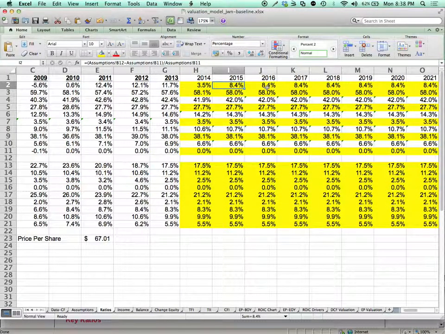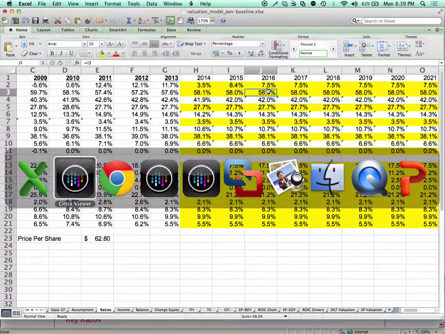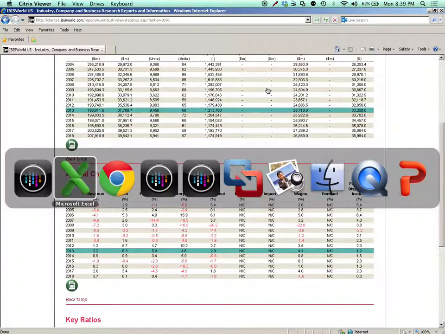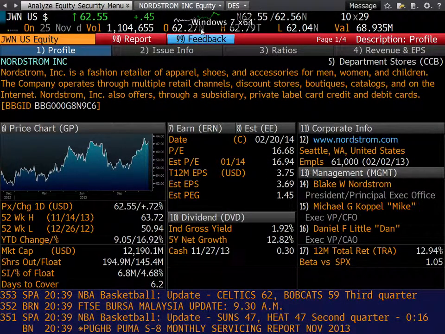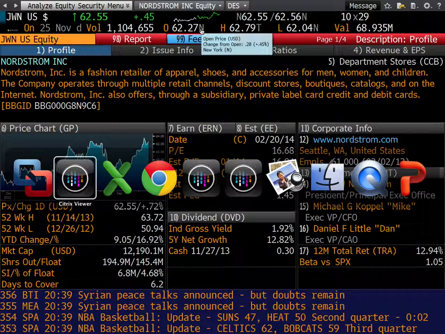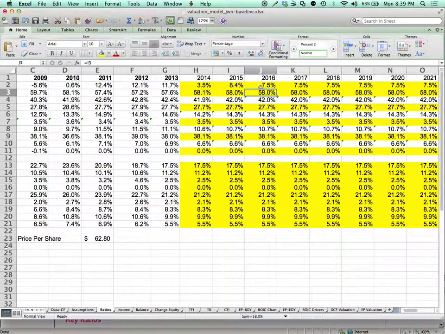slowing down a little. So what if they grow at, I don't know, 6.5% or 7%? Well, 7.5% gets me at 62.80, and their share price today was 62.55. So one way that I could get to 62.55 is I could get them growing at about 7.5%